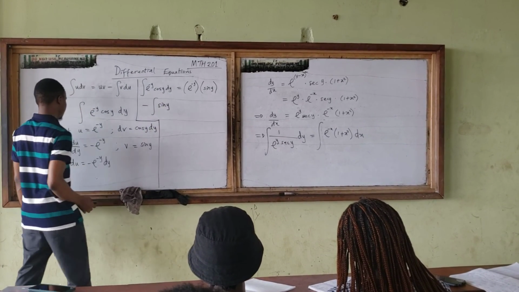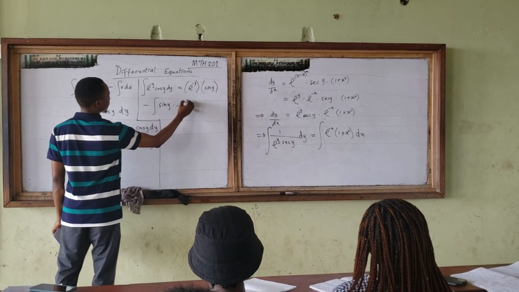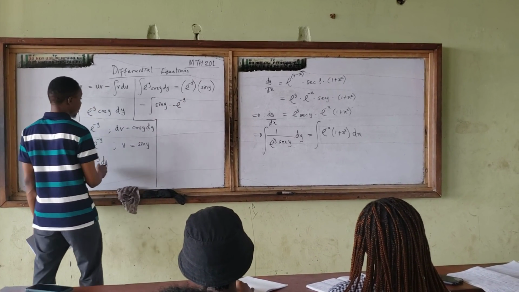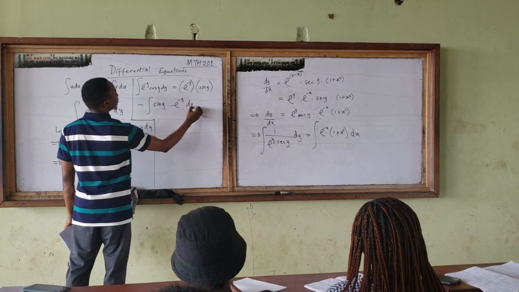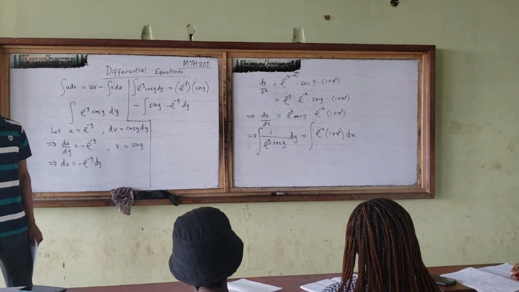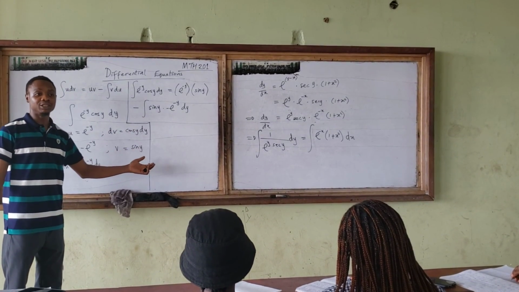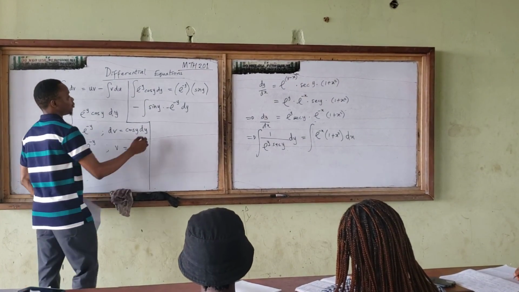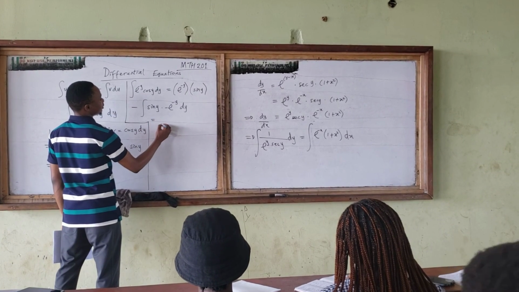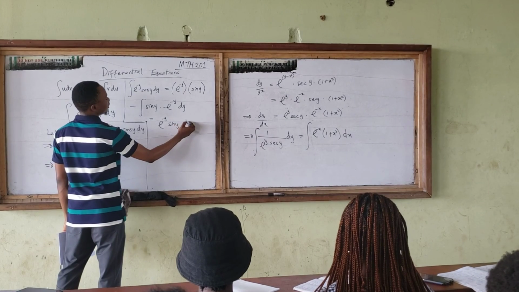Then what's our du? Our du is minus e raised to power minus y dy. So we have run into another problem. You can see that you have another product again. Right. So what will this give us? This is e raised to power minus y sin y, then plus